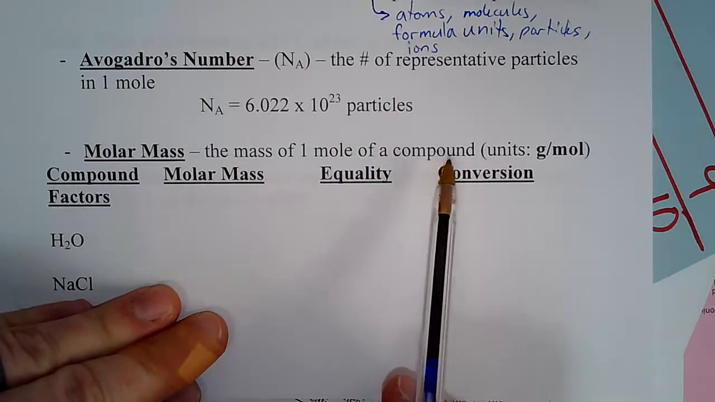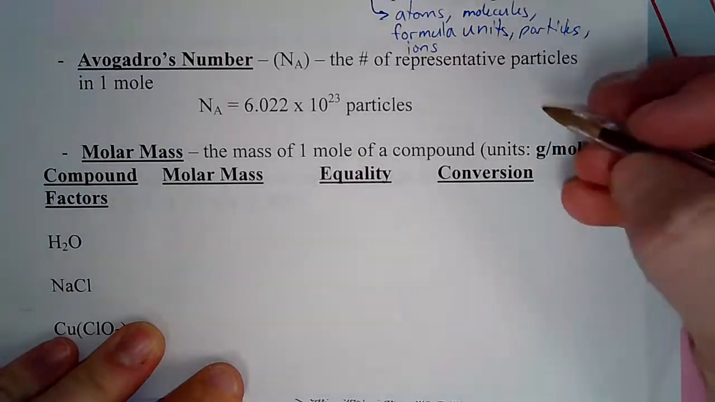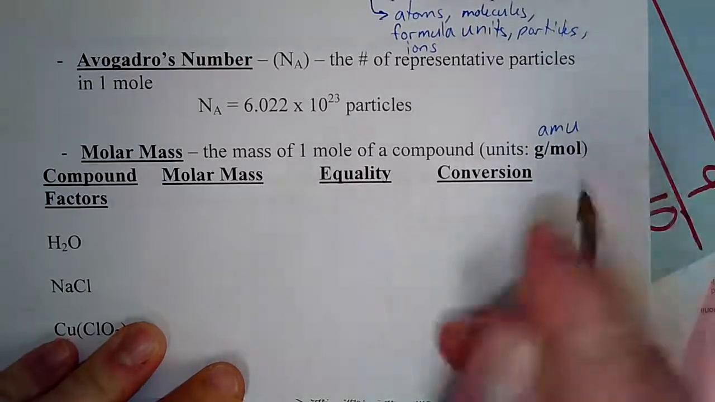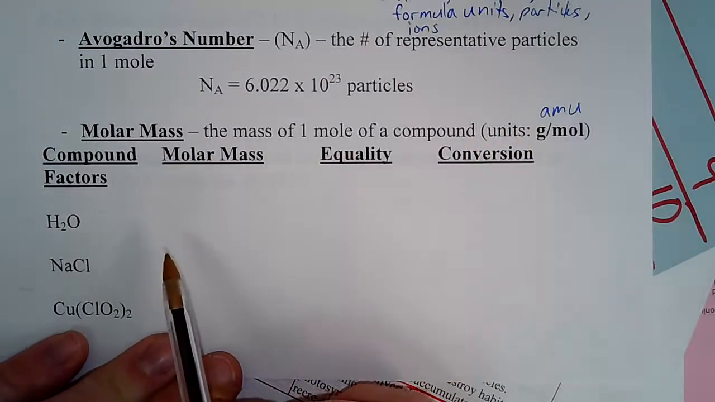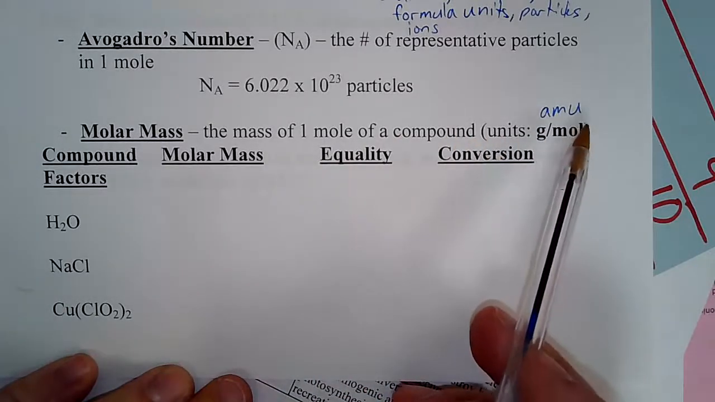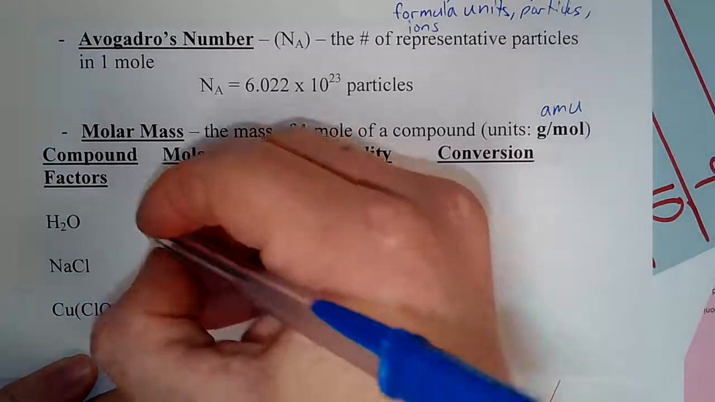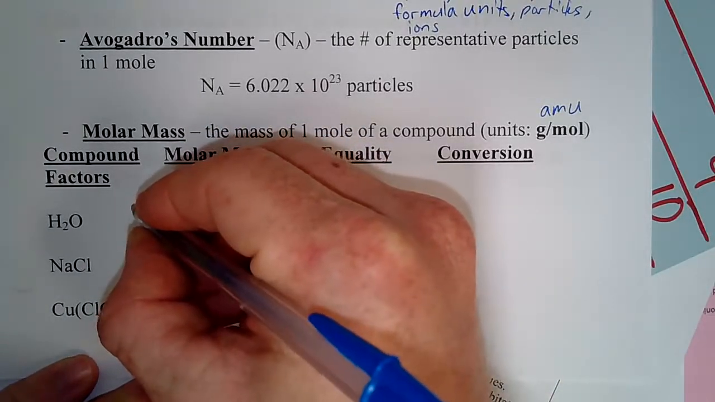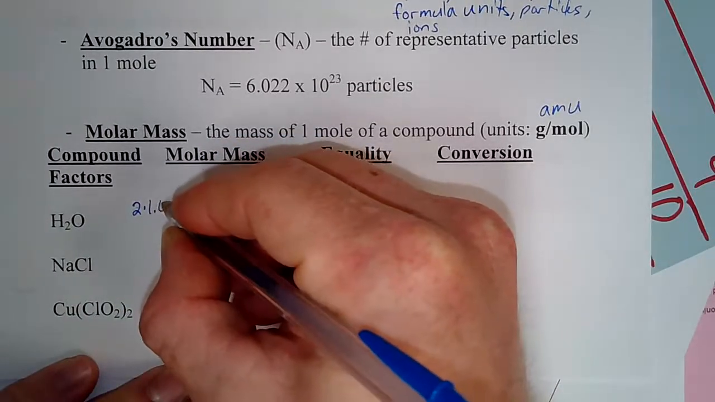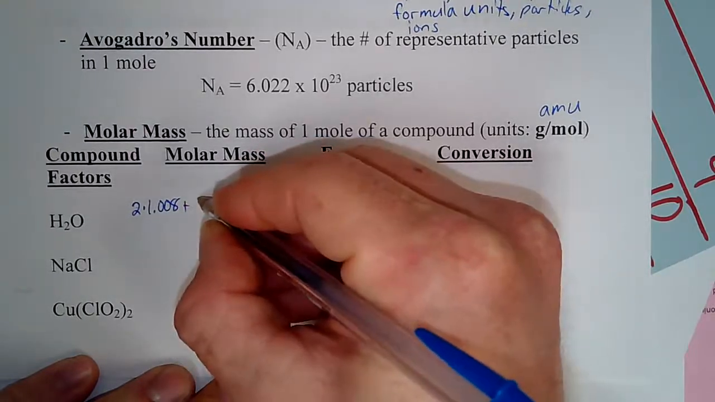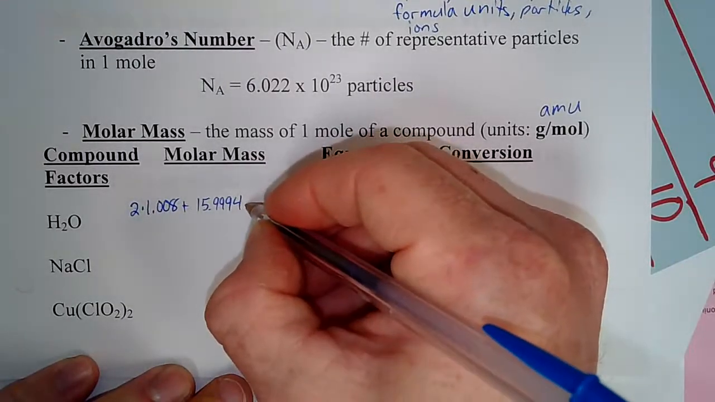Okay, so molar mass is the mass of 1 mole of a compound, and units there are going to be grams per mole, or sometimes expressed as AMUs, and those are equivalent to each other for all practical purposes in here, because you would add them up the same way from the periodic table. So let's look at the water. For the water, we would add up the 2 hydrogens, give the mass from the periodic table, and the 1 oxygen. And when you add those up,